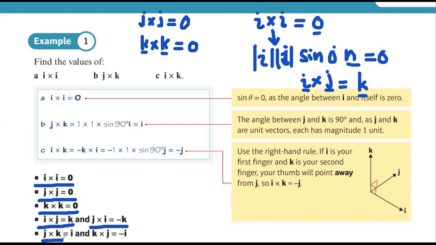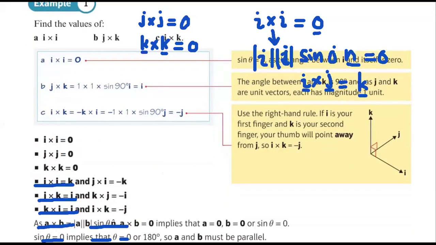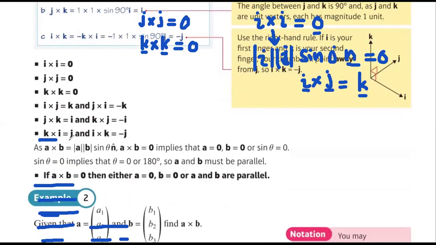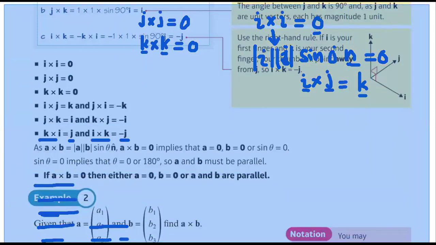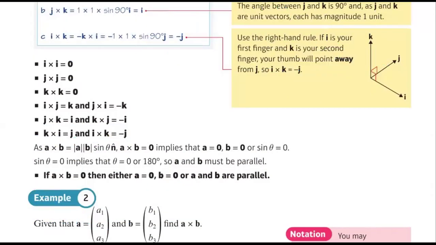Also j cross k equals I, therefore k cross j equals minus I. Also, you can consider k cross I equals j, I cross k equals minus j. Vector product of those unit vectors